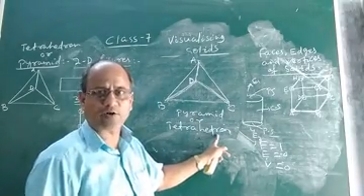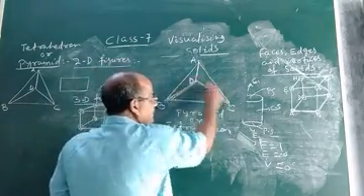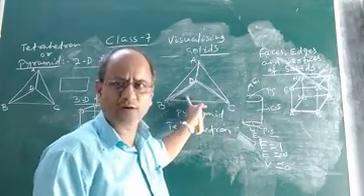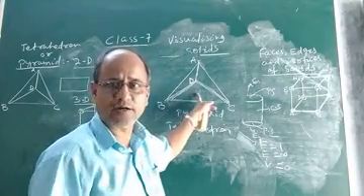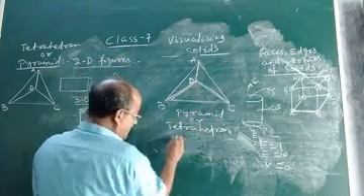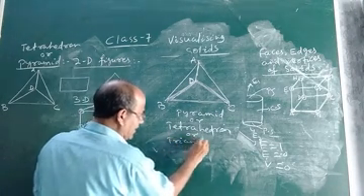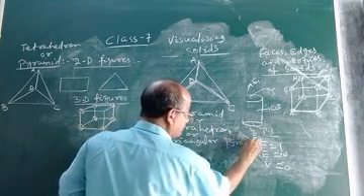Why is it called tetrahedron? Because you see, it is a triangular pyramid. Now look at the base. Like all of you have a name, we all have a name. Similarly, this solid which is a pyramid also has a name. So what is the name of this pyramid or this solid? Its name is triangular pyramid. It is called triangular pyramid.